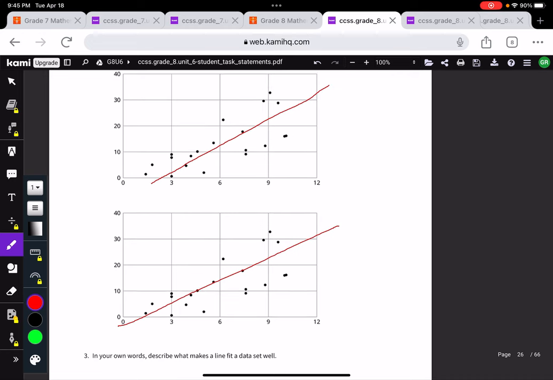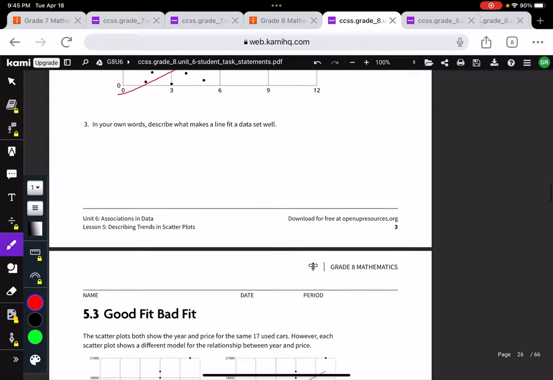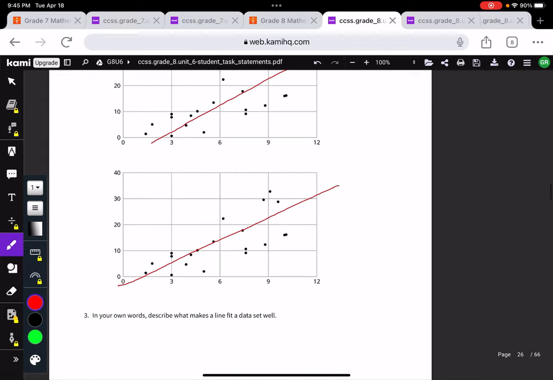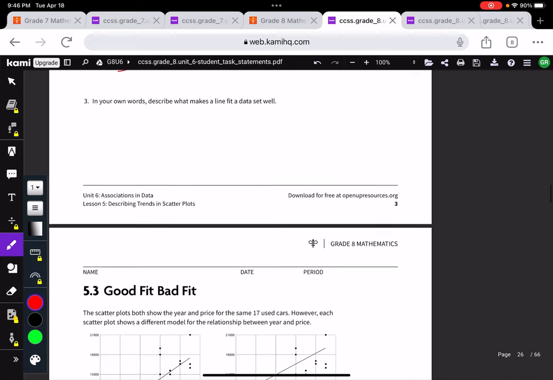What else could you say? Dots should be both above and below the line. Might be something else we add. What else can we say? All the dots should be as near the line as possible. Maybe that's another third thing we could say. I'll let you finish that, but I gave you a good 3 things to write down, and when you're done writing that down, then